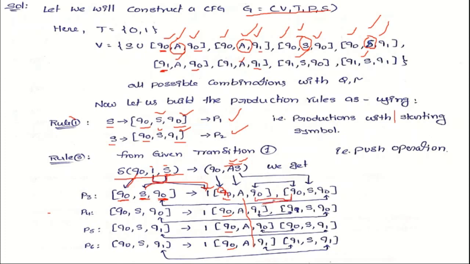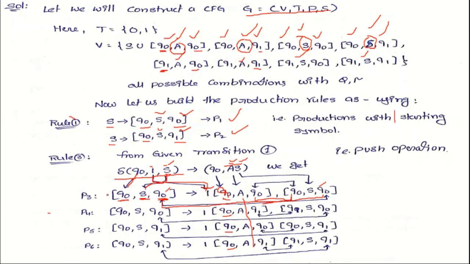Whatever the ending, the same thing is started immediately after the completion of this one. So here Q0, the next top of the stack is S, and the next state is this one. These 2 must be common. Whatever the end next state here, the same thing is the end here. That is Q0. So Q0 is the current state, S is the top of the stack, and we assume Q0 is the next state. Then the input is 1, the next state is Q0, the top of the stack is A, go to Q0. Again from Q0, read the top of the stack as S, and then go to Q0. So this is one production rule.